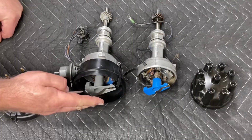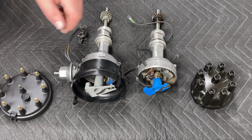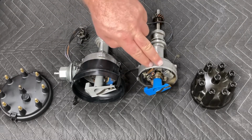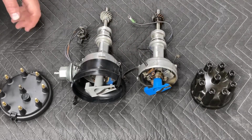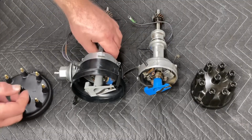So you can see that the rotor on the Duraspark is flush with the cap adapter, and it sticks up quite a bit above the main body of the point style distributor. So our early points distributors clearly look a little bit different. Now, when we get to the actual